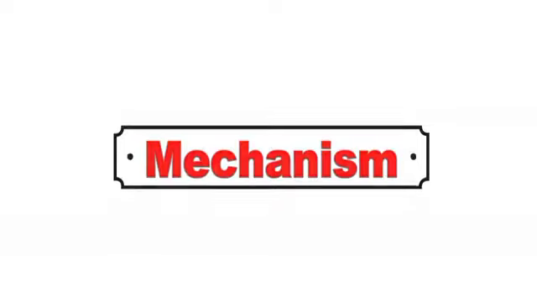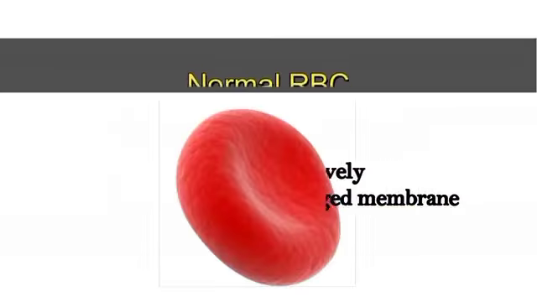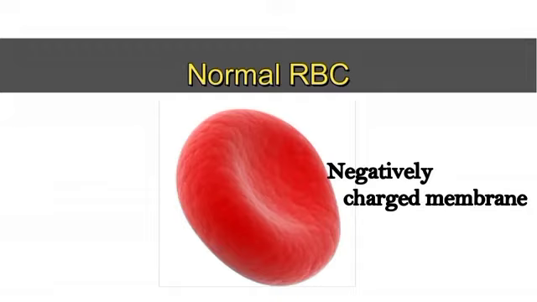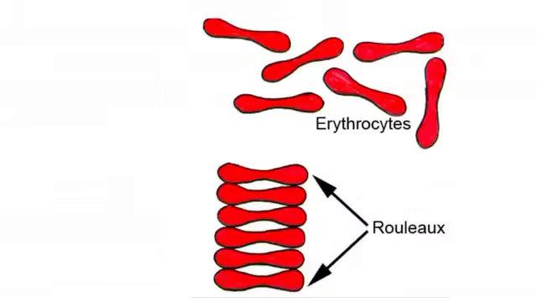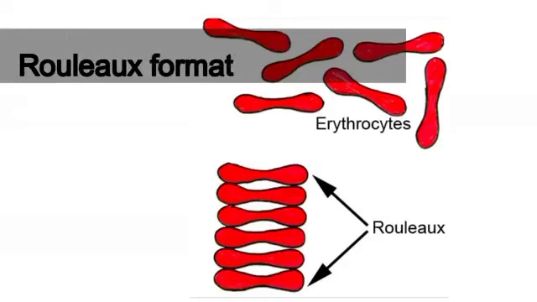Next thing is the mechanism. The ESR test is a non-specific test which measures the ability of sedimentation of erythrocytes in its own plasma. Normal RBCs settle down slowly as they do not form rouleaux formation. Instead, they generally repel each other due to the negative charge. But if the blood contains rouleaux formation, many RBCs can stack up and become heavier and